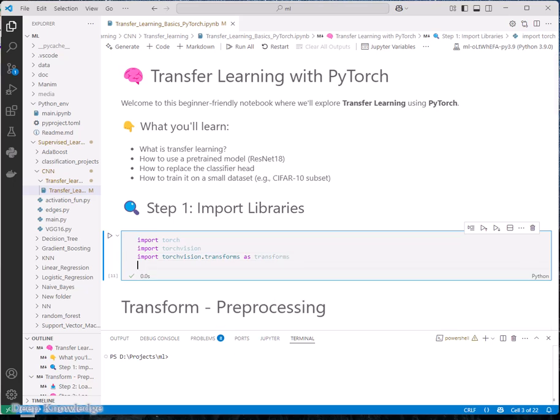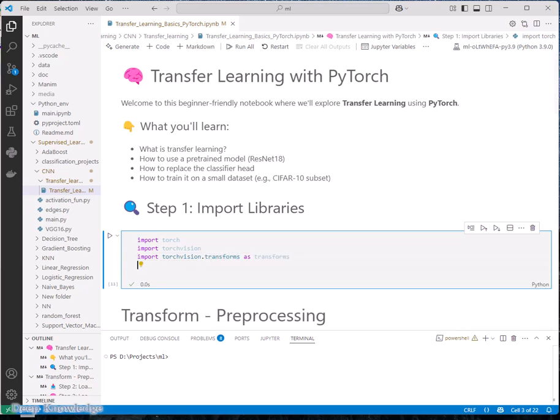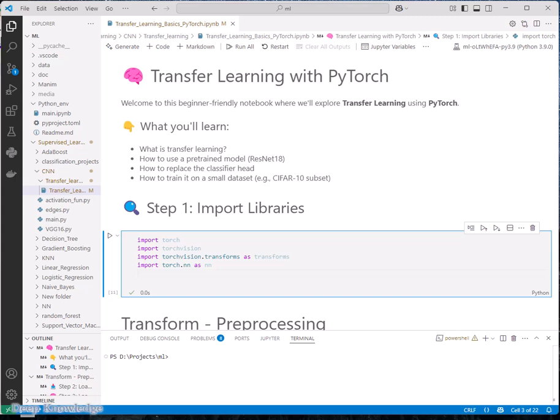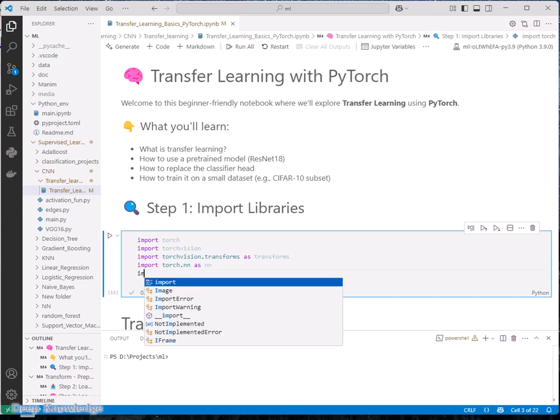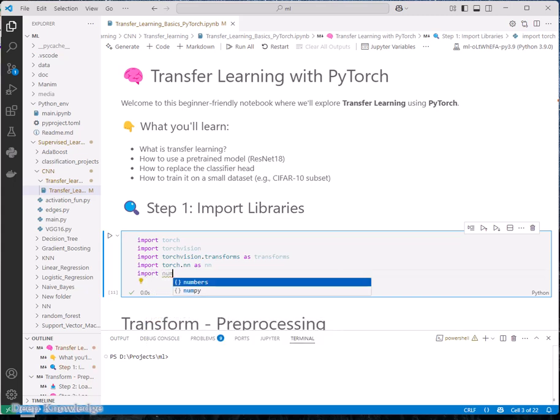You can use it, or you can choose whatever name you want. This is fine. And import torch.nn as nn. This will be used to update the pre-trained model and our new classifier. Now we might also need numpy as np,